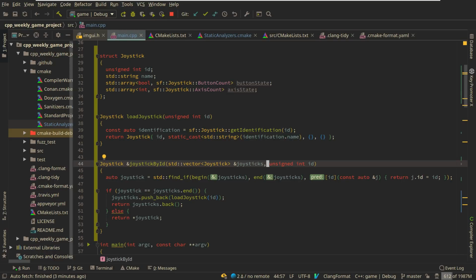I could have put them in a sparsely packed array where I just have all the joysticks of all the maximum IDs always in memory at once. And I decided that's not a great idea because I never know how many joysticks are actually in use. The other problem is I don't know who player 1 is supposed to be necessarily. So with this way, whenever a button is pressed or something on a joystick for the very first time, or